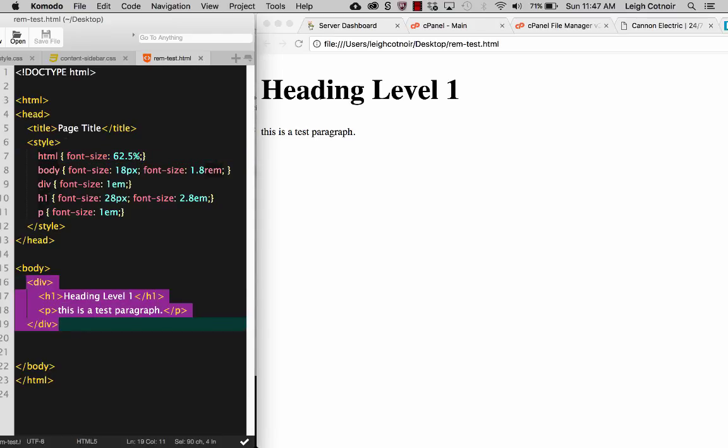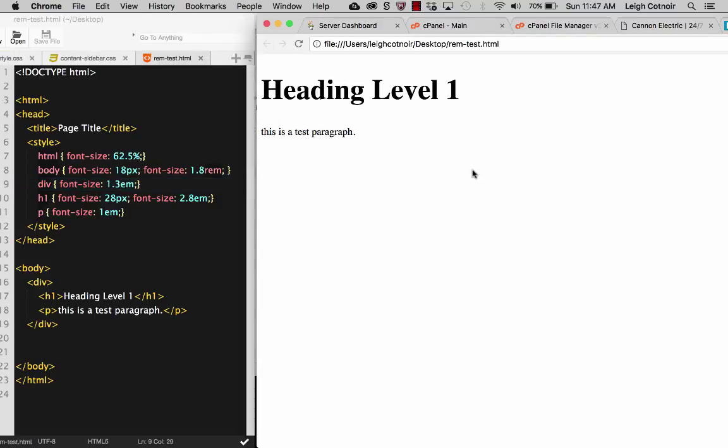And right now I've got the div set at a font size of 1em, which is fine because 1em is basically the same as saying 100% of its parent, okay? So that's why it doesn't look any different. But if I were to say, you know what, I want everything just in this div to be much bigger, but not anywhere else, then I could come over here and say, let's say 1.3em,